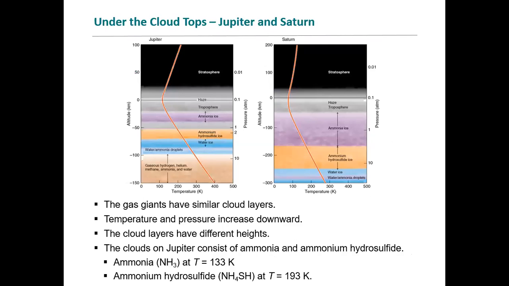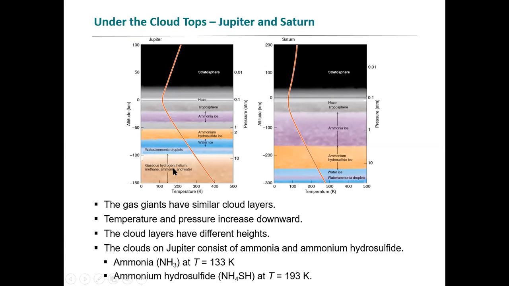So under the cloud tops, if you look at this, these are plots of pressure and altitude versus temperature. If you look on the left, that's Jupiter. On the right, that's Saturn. And you'll see basically if you go to an altitude, they're calling it 0, where you can see a little haze, and then there's a stratosphere above it where it's essentially clear, and that goes up to 100 kilometers above that. And you go down to about 150 below it, and basically it's broken down into the innermost part,